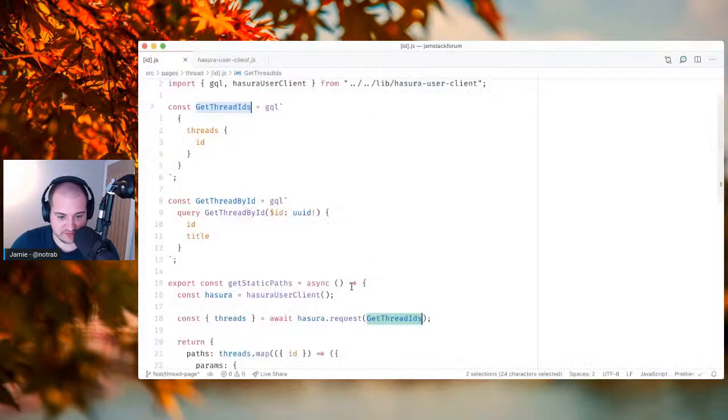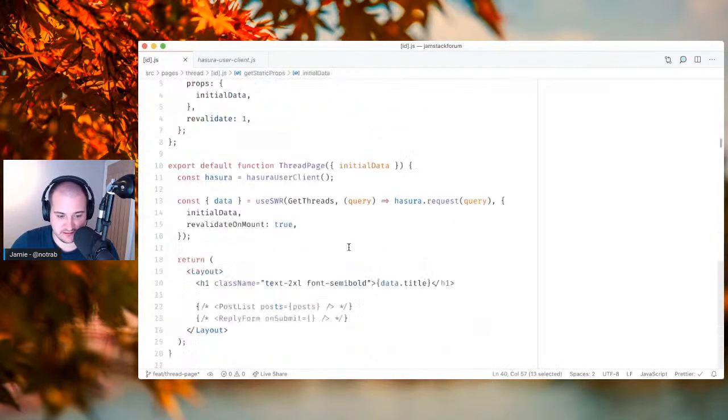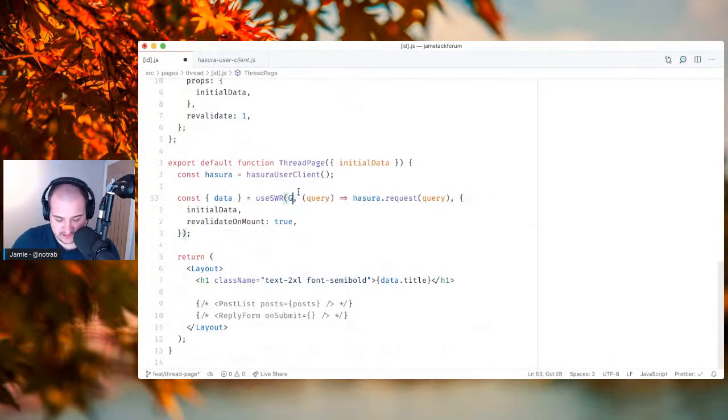Get threads is not defined. Okay, yes, it's not defined. This will be get thread by ID. Now then, before we move on, this is the key, but the key here will need to be